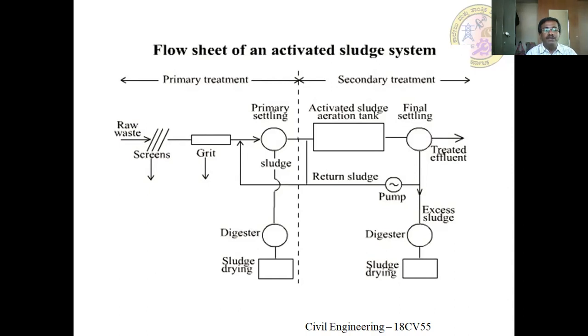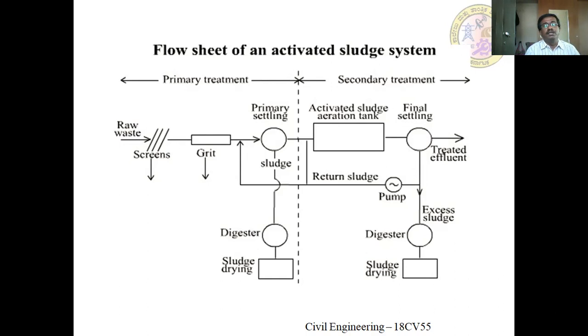If it is in a suspension system only, then it is working very effectively. If you do not maintain mixing properly in the suspension system, then the activated sludge may settle at the bottom of the aeration tank. By that, the efficiency may reduce. To make it very active, we maintain the activated sludge in a suspension system only. Once in suspension, the degradation of the organic material takes place.